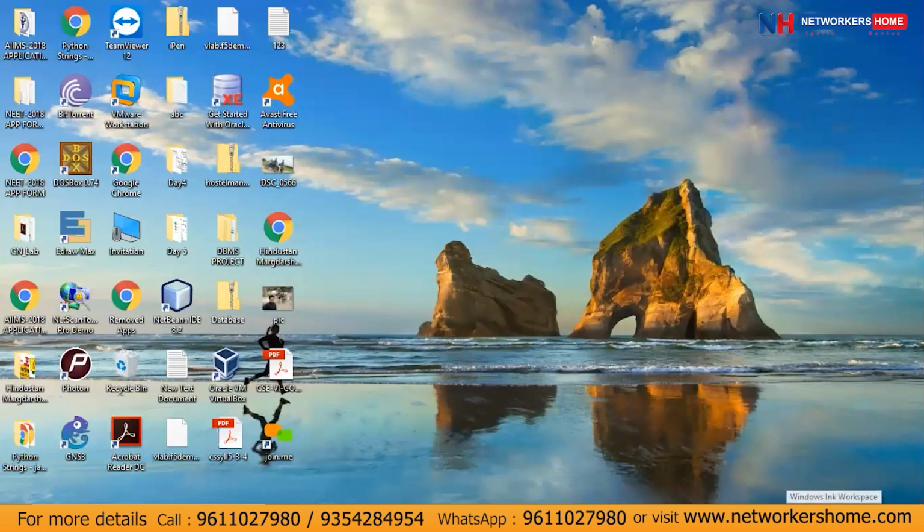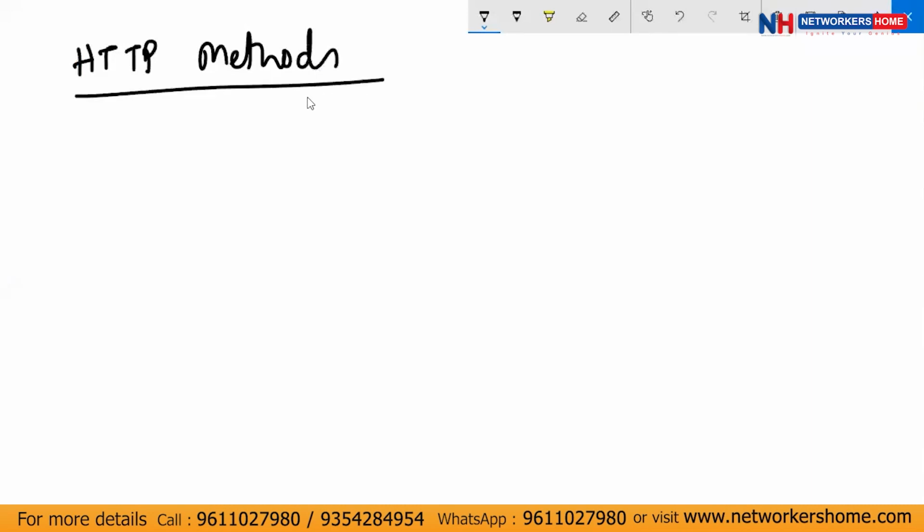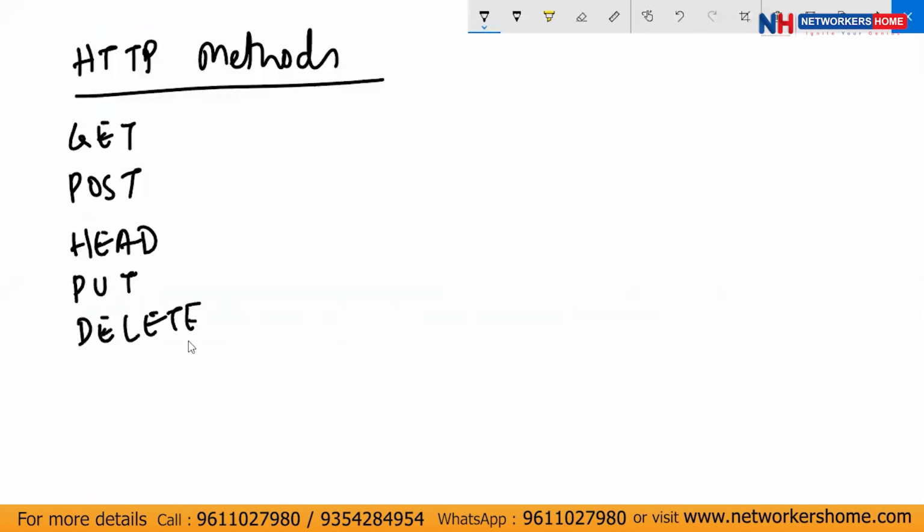Fine. So we now have a basic understanding of the HTTP protocol. In HTTP request and response, there are different HTTP methods which you will get whenever you are trying to investigate or inspect the application traffic. For example, get, post, head, put, delete, options. So these are basically different kinds of methods on how you are trying to fetch the remote resource